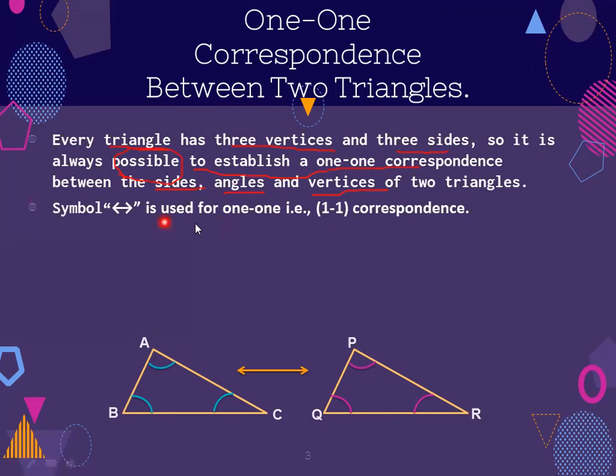Before that, you should know how to represent the correspondence. This symbol is used for one-to-one correspondence. So the symbol for a correspondence is this line, this symbol. Now look here, what does it mean? The statement: triangle ABC corresponding to triangle PQR. What is the statement here? Triangle ABC,